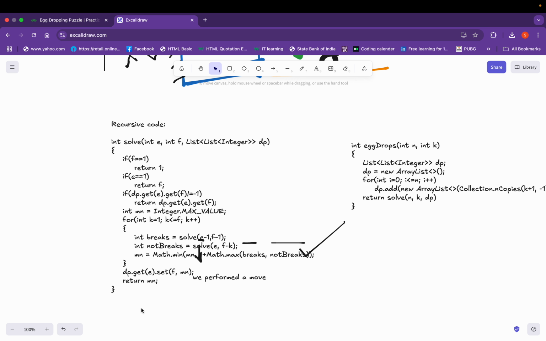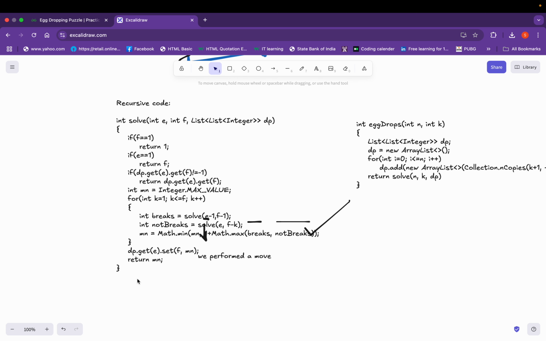There might be some other optimization that works, but it's not a very optimized solution. To move to a proper optimized solution, we have to make the time complexity lesser than this